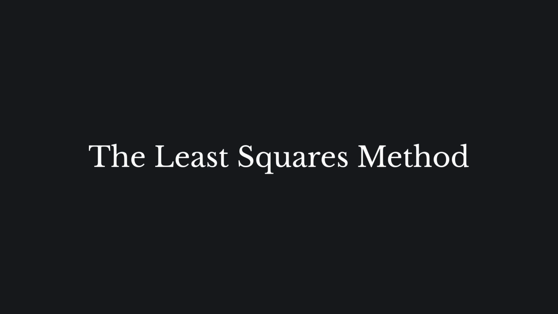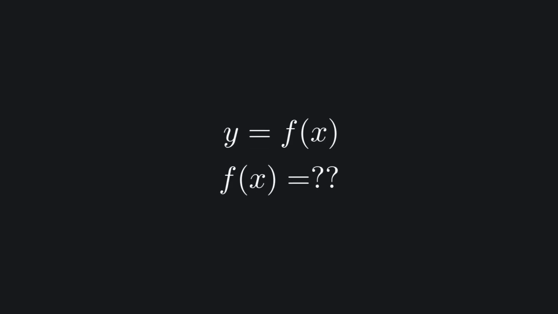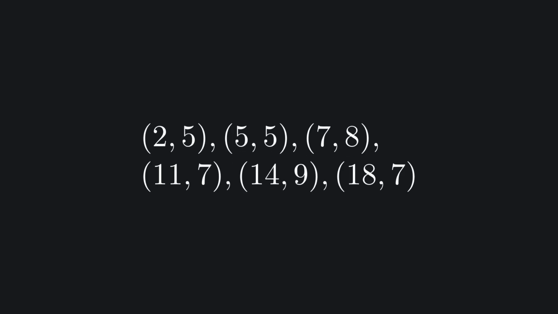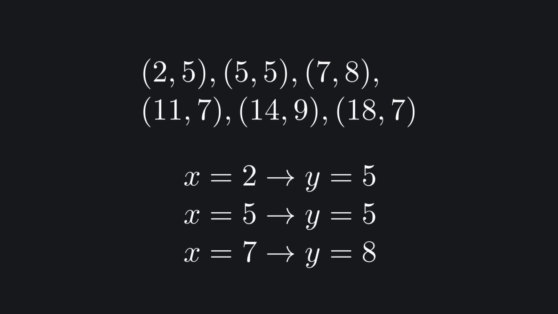It goes like this. We have a variable y. We know that it is dependent on another variable x in some way, but we don't know how exactly. We are scientists. We run an experiment in the field and take 6 measures, 6 data points. That is to say, at x equals 2, we measure y equals 5. At x equals 5, we measure y equals 5 again. But at x equals 7, we got y equals 8, and so on. We go back to our desk and plot these points. Is there a model lurking in these points?